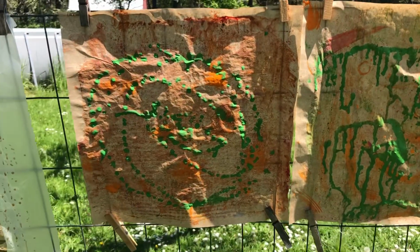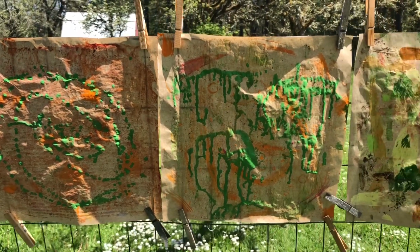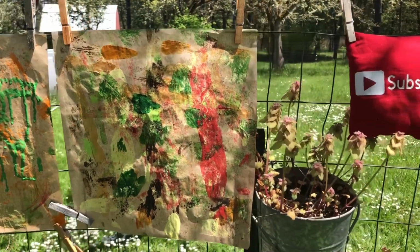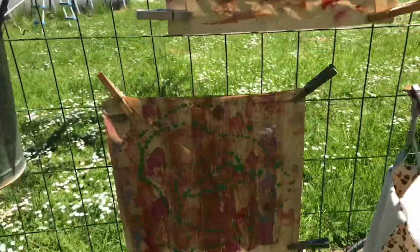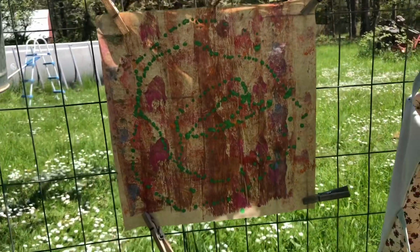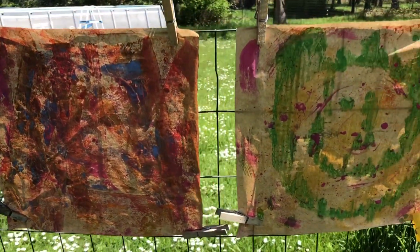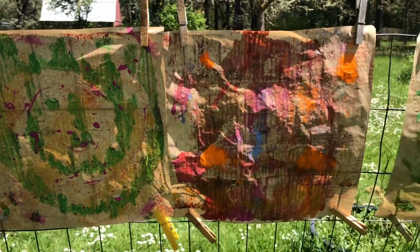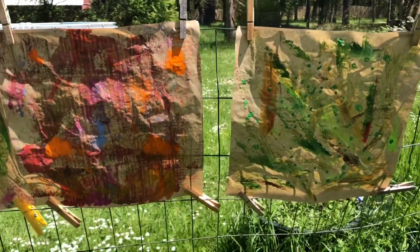Okay, so I have everything hanging out here, all the pretty papers that we did, and hopefully they're showing up, you guys can see, but I think they turned out really cool. And then I have one down here, you can see that one. Yeah, I think they turned out really cool. So I'm just gonna let them sit out and dry,